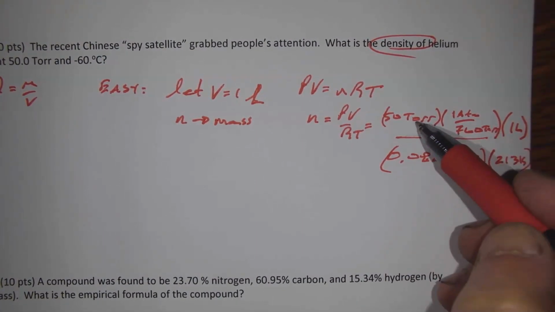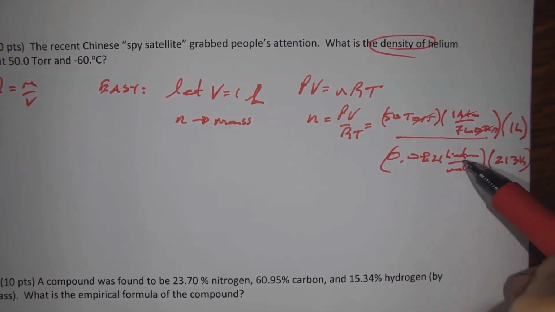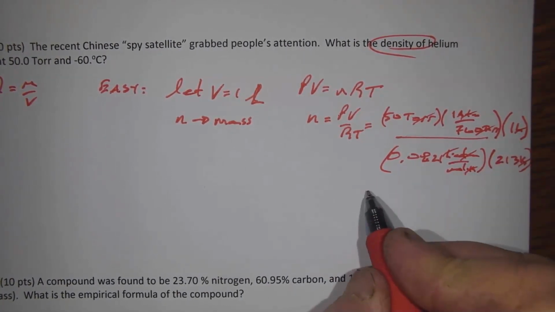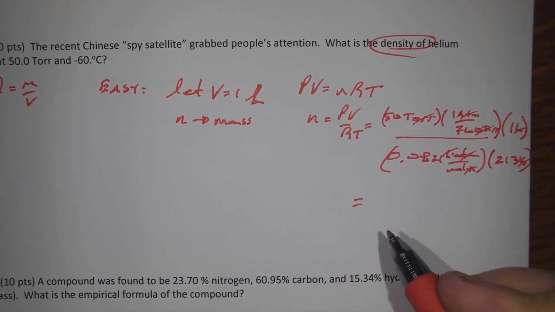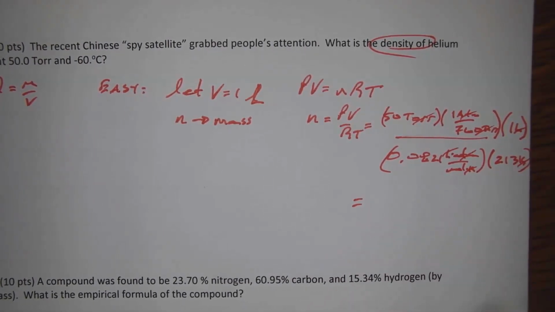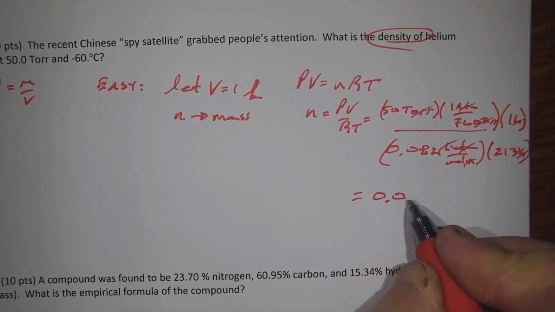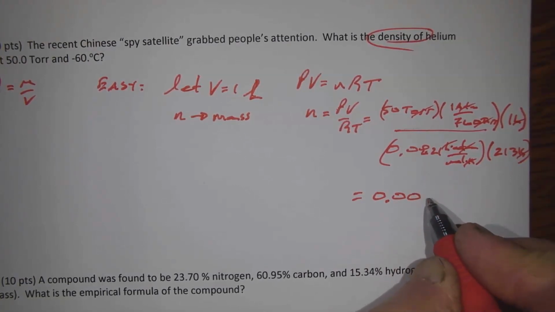Units all cancel, my torr cancel, my atmospheres cancel, my liters cancel, my Kelvins cancel, and I have 1 over moles, which is going to give me some number of moles. Punching that in a calculator, we got 50 divided by 760 divided by 0.0821 divided by 213. We get a really small number. Most important is that we preserve our sig figs. So I get 0.00376